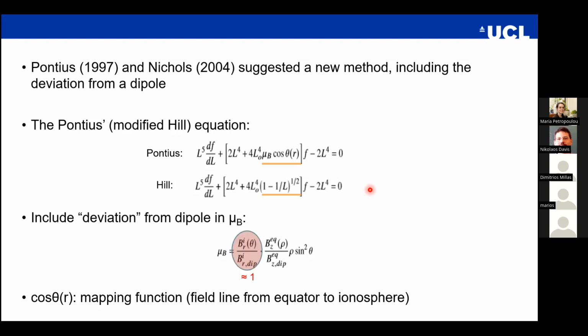Again, we're a little bit lucky because the radial deviation of the magnetic field is calculated very close to the ionosphere. But as we said before, the magnetic field very close to the planet is a dipole, so we can disregard this term. The other term, however, is quite important. I showed you before that if you go to larger distances, the magnetic field profile is very different compared to